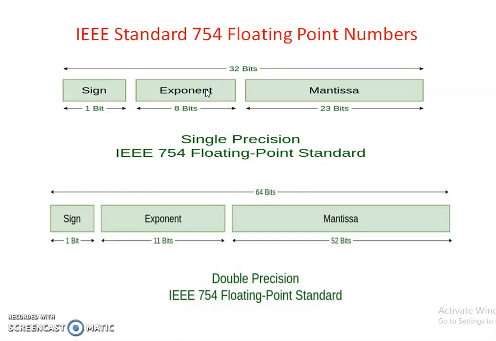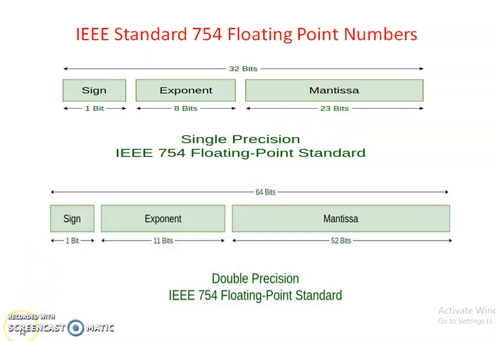The range of the representation is approximately 10 to the power plus or minus 38, for higher precision and range of floating point numbers. A single precision number represents a total of 32 bits: 1 bit is the sign, the exponent is 8 bits and the mantissa is 23 bits.